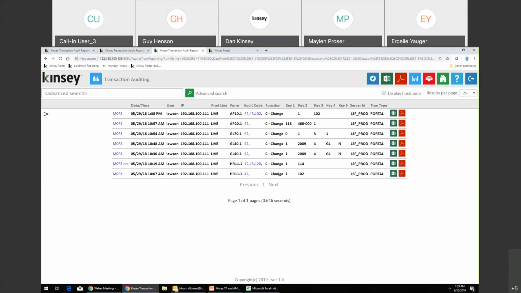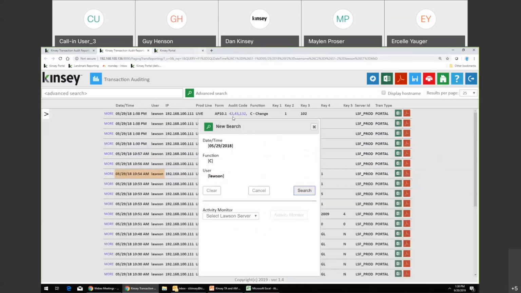So I can filter this down to just show me the data that changed. It's a change record, so we have all the detail. I just want to see the data that changed. So we can do similar things within the Landmark side, and I could have also taken this and told it,